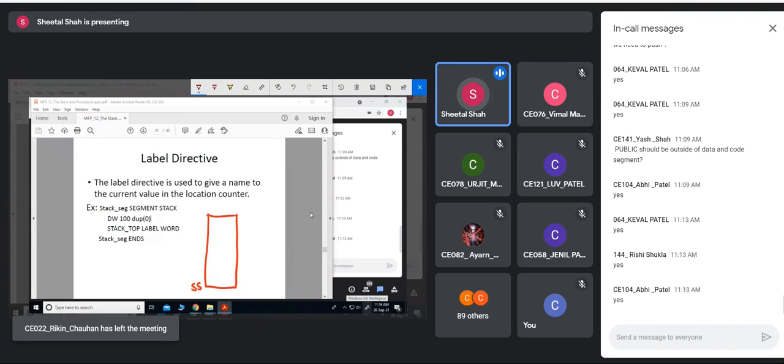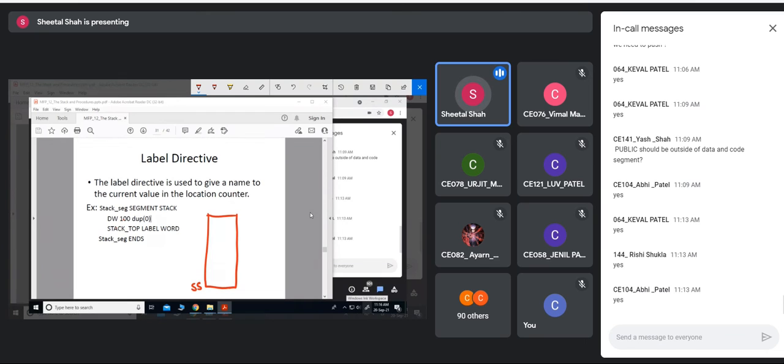As we know, even in the code segment, if I have used some variable name define word 100 dup 0, then the next variable, say n2, defined byte, would be pointed to at the 101st memory location after the 100 locations.